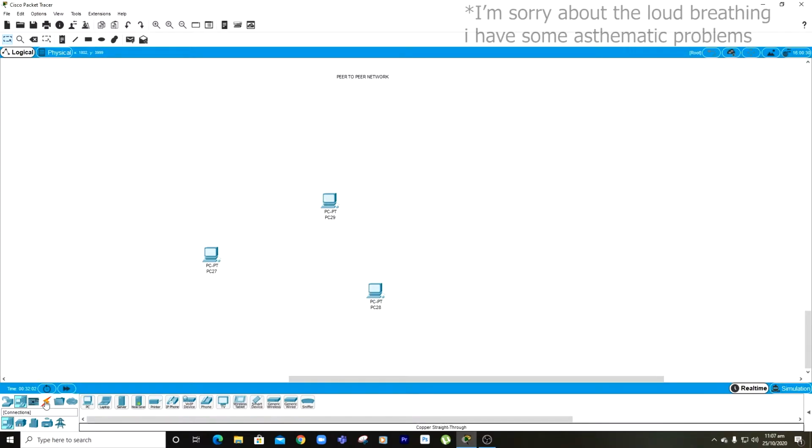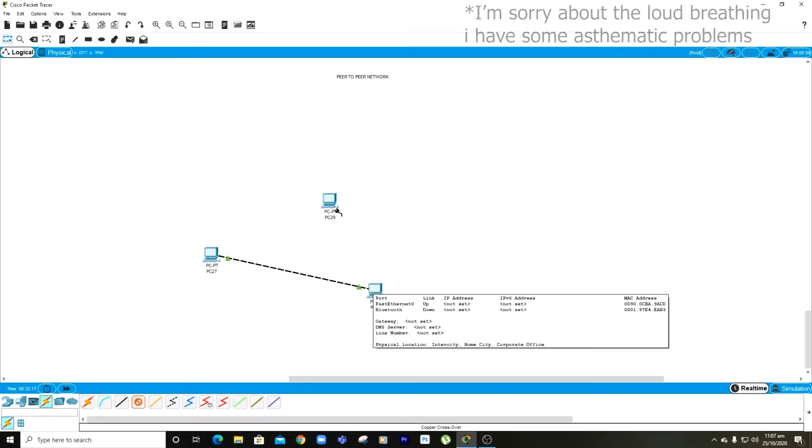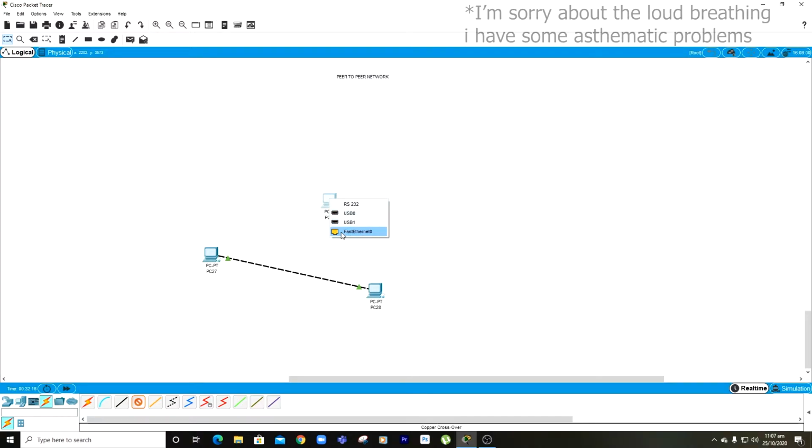Here I have an example of three PCs. Now I've connected these two PCs with each other. This is also a peer-to-peer network. However, since these PCs have been connected to each other, they cannot be connected to another one, because PCs are connected through Ethernet ports, and each PC has only one Ethernet port. As you can see, I have used up that Ethernet port to connect this PC to this one, so this PC cannot be connected to another